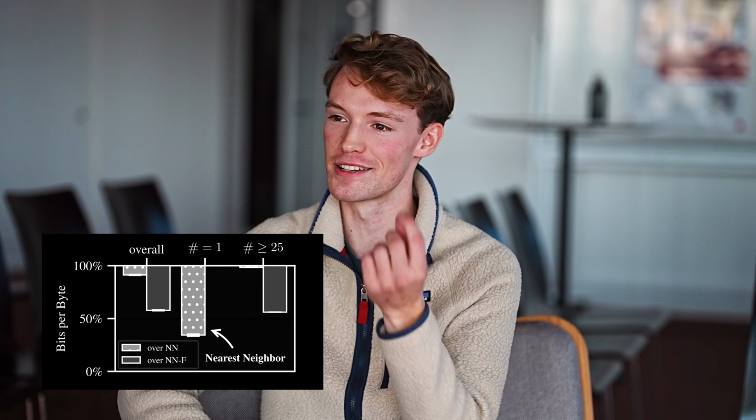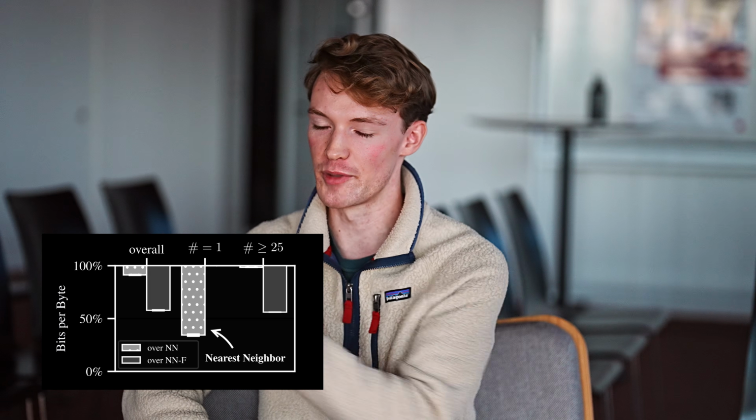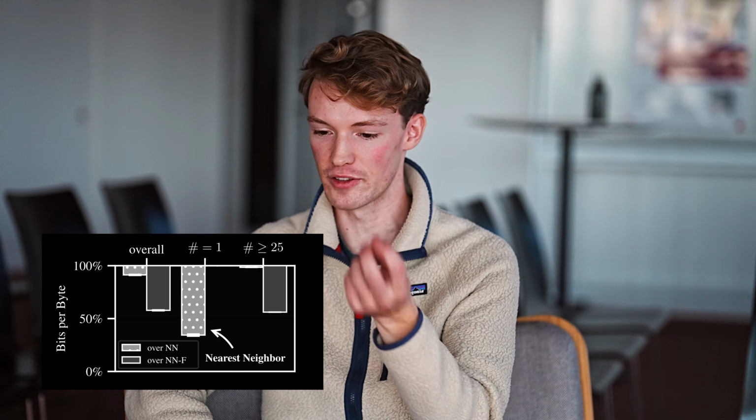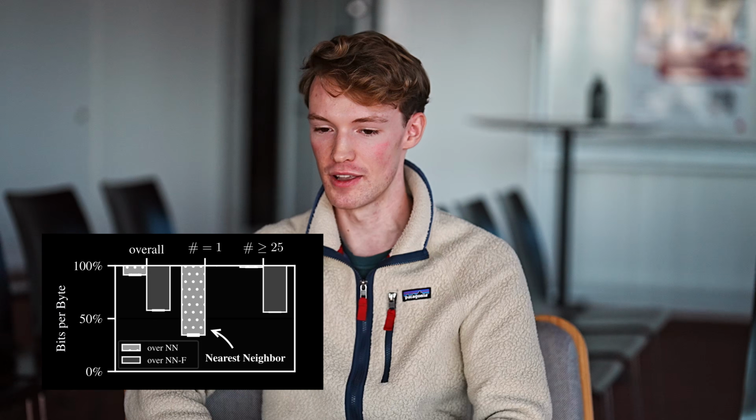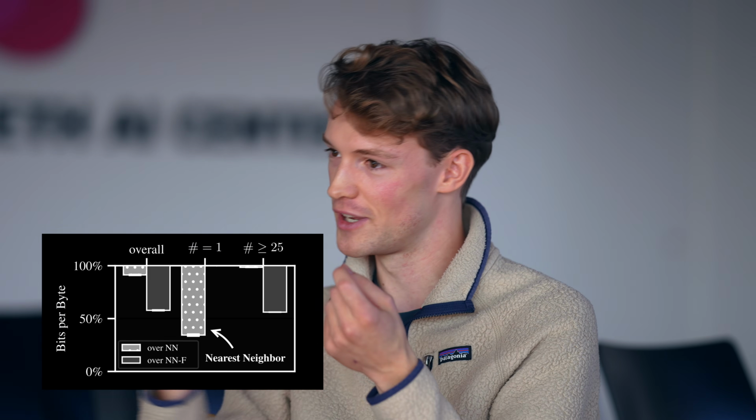We have this one figure in the paper, which I think is quite insightful in that regard, where we look at all the examples where SIFT decides to just fine-tune on the nearest neighbor repeatedly for 50 steps. Because there's no notion in SIFT that all pieces of information have to be separate, like in nearest neighbor. So SIFT is perfectly fine with just fine-tuning on the same piece of information if it is helpful. And in all those cases, it is drastically better than nearest neighbor, because nearest neighbor would just explicitly take this piece of information once and then move on to other parts, even though they might be less insightful.